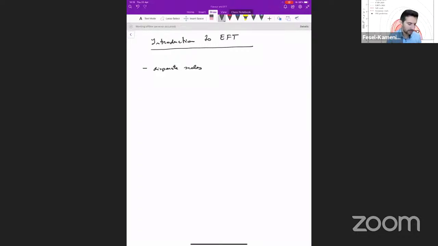I will discuss this in the context of a simpler observable, and let's just consider low energy annihilation of e plus e minus into mu plus mu minus. As you know, this is a pure QED process, and at leading order in perturbation theory